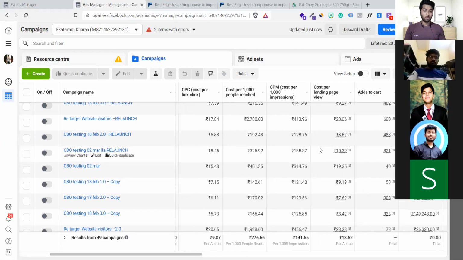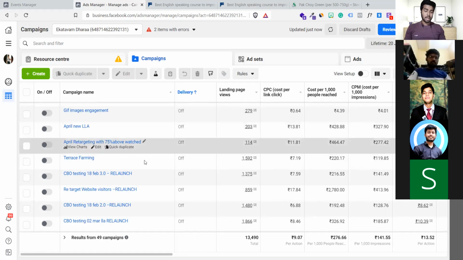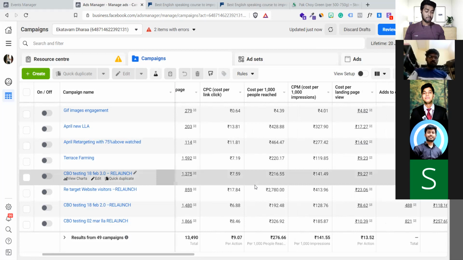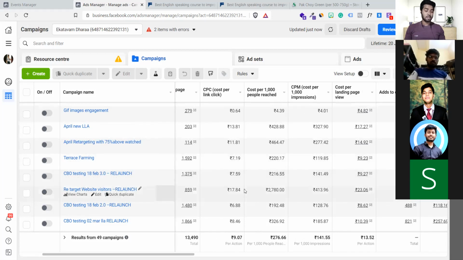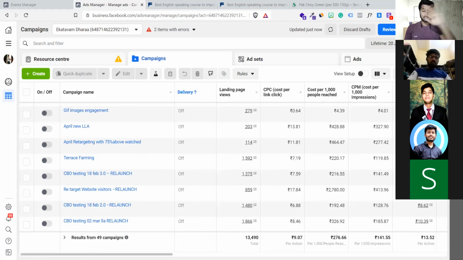Do you think it was helpful to show you how an e-commerce company runs Facebook ads? This is exactly the method people are following to get results. Targeting could be a different thing, but let's not go into targeting. The point is why to install the pixel correctly, to get all these details. If you are able to get these details correctly, half of your Facebook ads journey is done. All you need to do is targeting. The first 50% is monitoring data correctly. This is the type of data you should monitor.